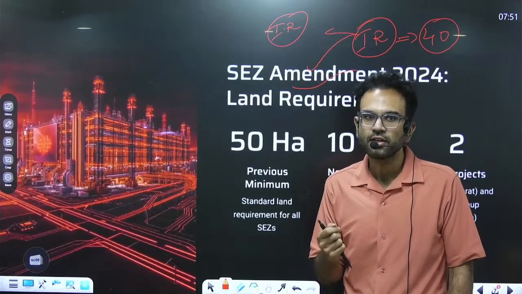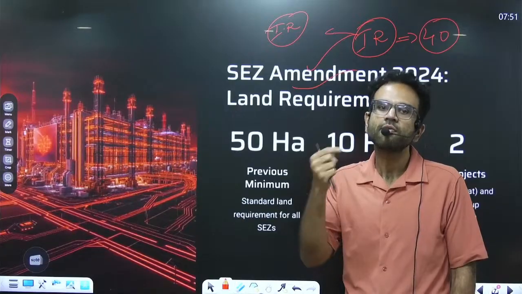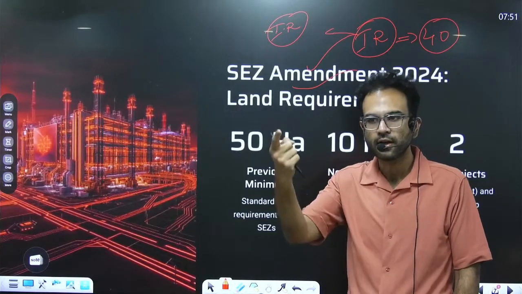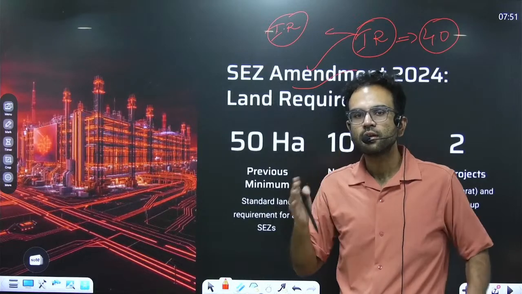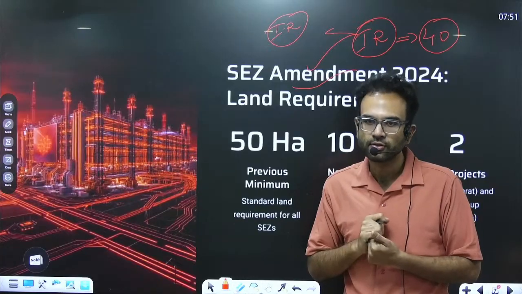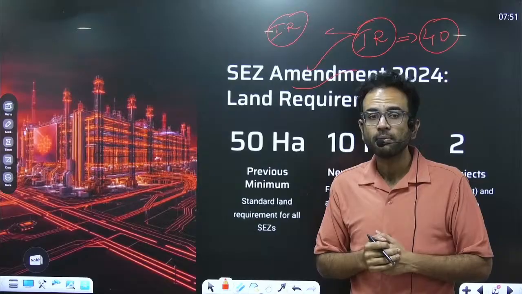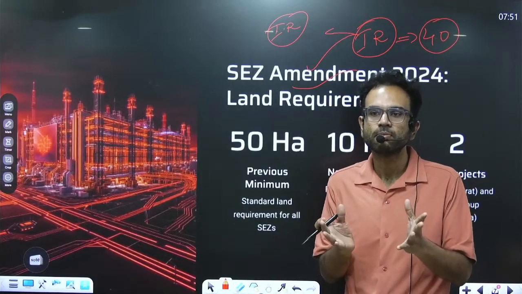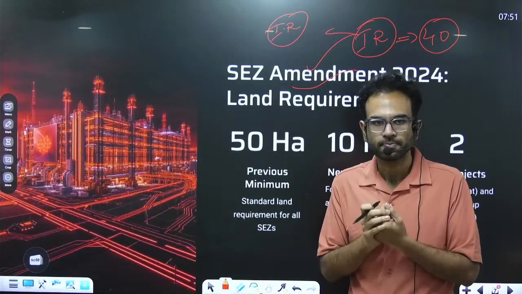It is in this context that India should be ready from all fronts. Therefore, one of the actions taken to be ready is amending the special economic zone rules, so that the rules are now helpful for the semiconductor and electronic industry. What did we do? The first one is the requirement of minimum land.